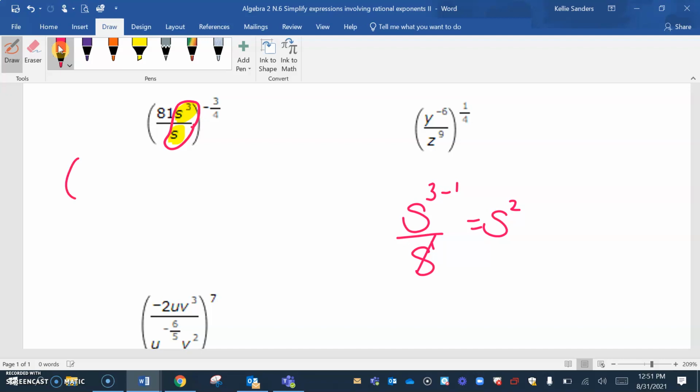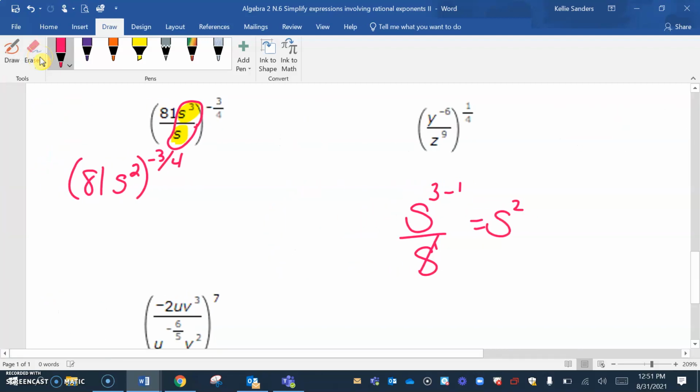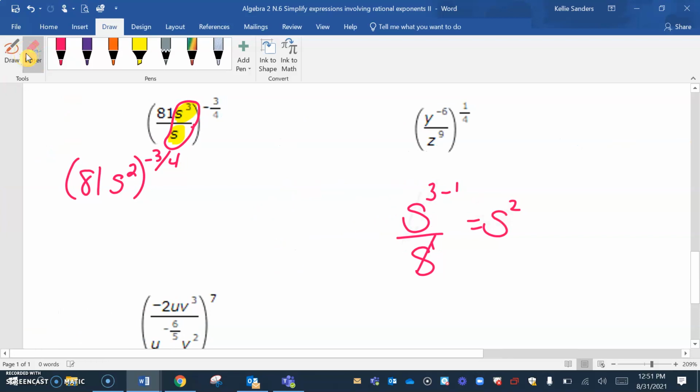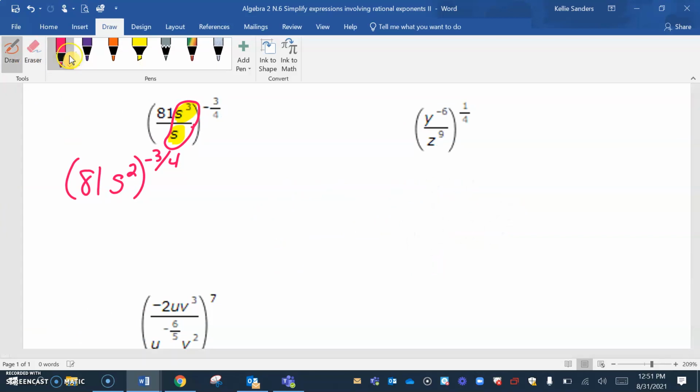So I am going to simplify the inside first before we get started on it. I'm trying to erase this. Okay. All right, so now